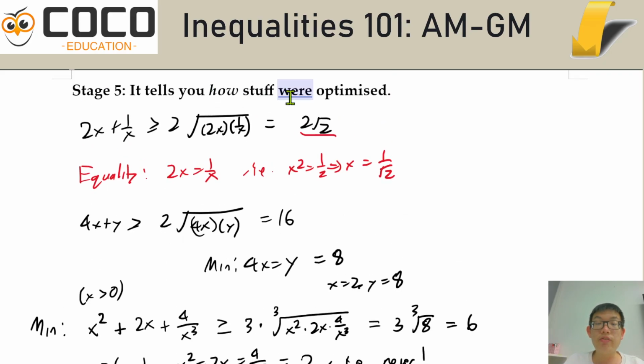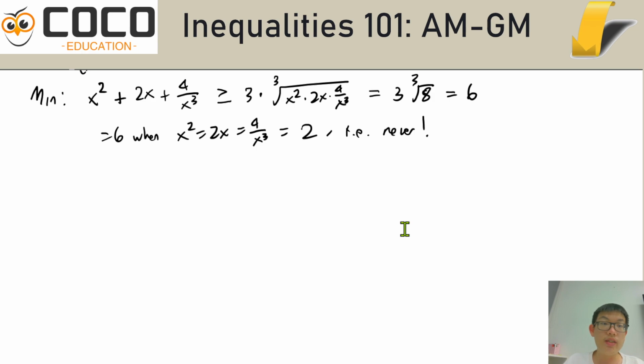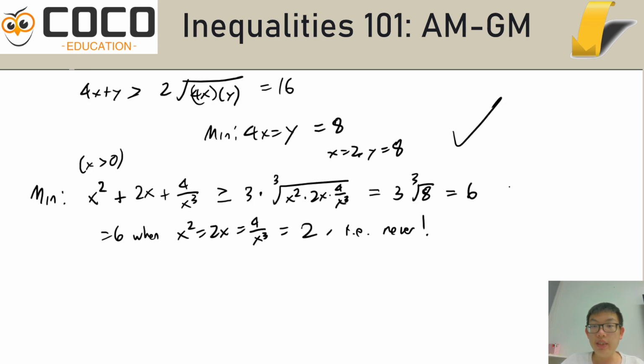Now, it tells you how stuff were optimized, which also means that this is sort of the positive example. This is the negative example. Negative in the sense that it helps you to realize that AM-GM applied in this way did not work. And to be fair, if you're asking how does AM-GM then work for this question, I don't know if it works nicely, because the value of x is not always going to be nice. I just, on a whim, tossed together this example. It's not guaranteed that every single combination will have a nice minimum value. Some of them are just going to have weird irrational stuff.